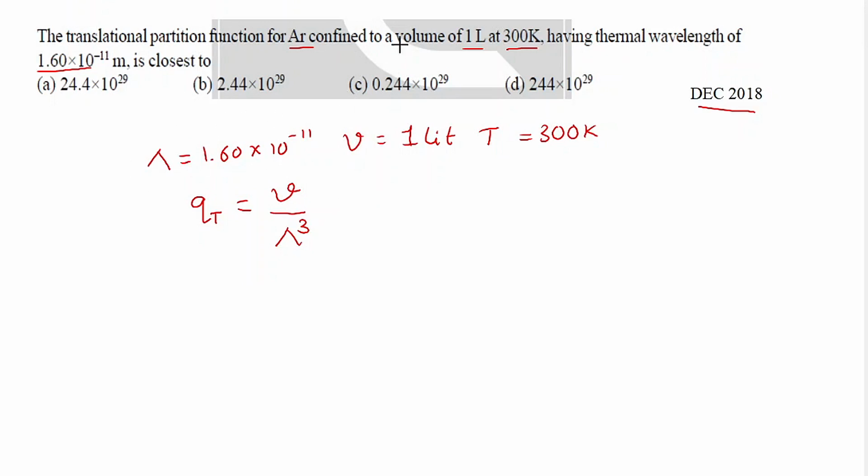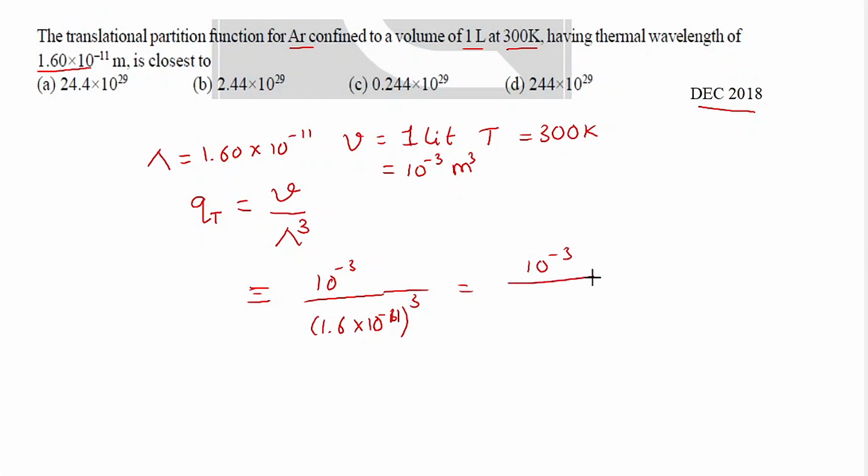So as this is given in meter, we have to convert this liter into meter cube, and this will be 10 raised to minus 3 meter cube. Okay, so now we can substitute the values, and we will have 10 raised to minus 3 upon 1.6 into 10 raised to minus 11 cube, and this will have 10 raised to minus 3 upon 1.6 into 1.6 into 1.6 into 10 raised to minus 33. And when we solve this